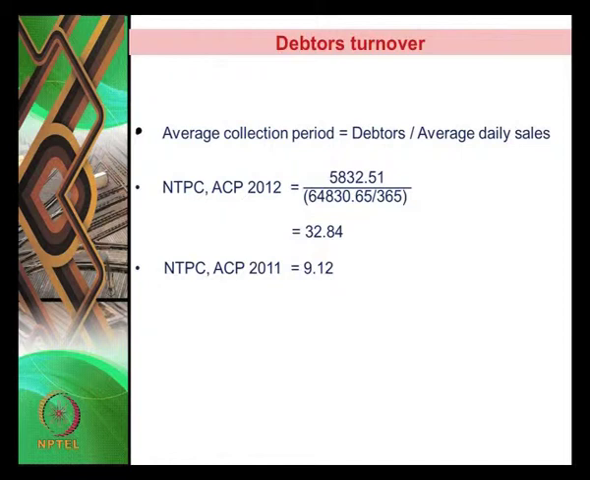So it is almost more than a threefold increase that we see in 2012. Now this simply indicates that the collection efficiency has been much lower in 2012 as compared to 2011, but we also need to find out what could be the reason behind this dramatic increase. Unless we are able to find out the reasons behind it, it is very difficult for the company to